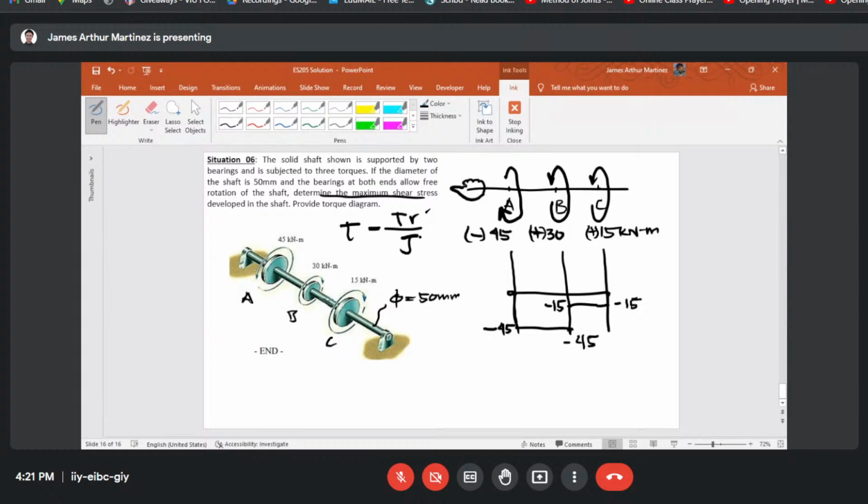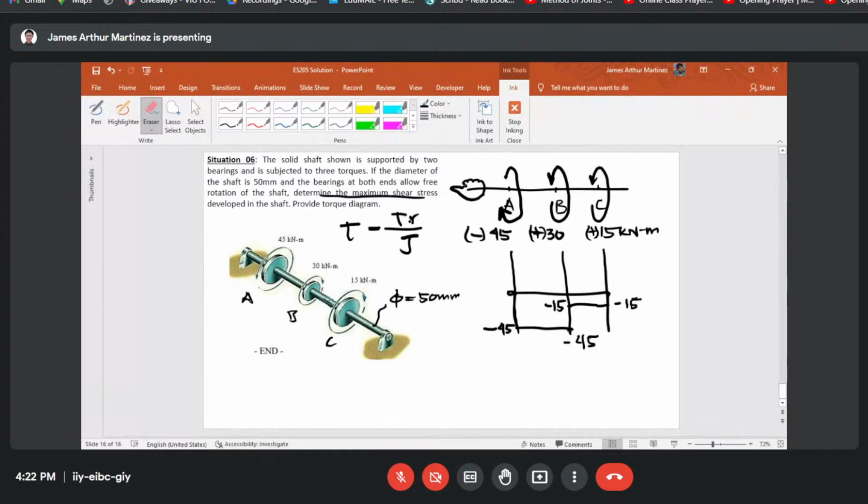So, radius, then polar moment of inertia, no, of your cross-sectional nga figure or nga geometric shape. So for the radius, no problem since given man ang diameter sa shaft, then the polar moment of inertia can be solved using also the data nga diameter. So T lang ang ato ang concern, no, to solve for the maximum shear stress, no, that is being developed in the shaft. So to do that, we are to consider also the maximum torsional internal nga reaction class, no,